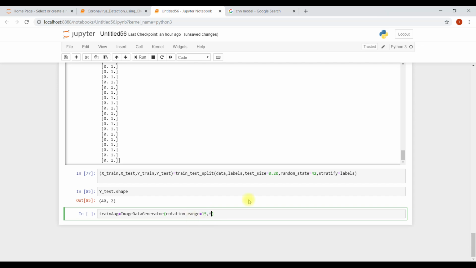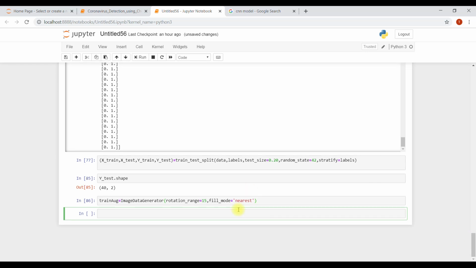And we're going to have fill mode equals nearest. It fills the area outside the boundary according to what we give. You can read about it, don't bang your head on it right now.